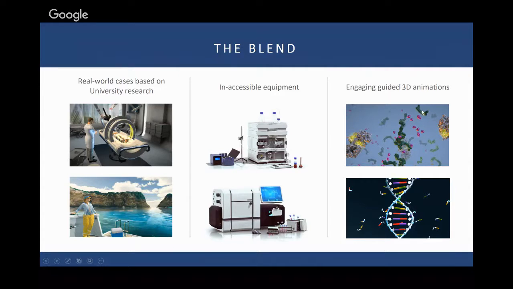Then lastly, we have engaging 3D animations, and that's something you can't even do in the real laboratory, which we're actually very excited about. The fact that you could take any machine, and you can allow the students to really fly into it, zoom into it, and see on a molecular level what is happening, and allow the students to explore that and really navigate all the details of the molecules inside the machines as they go through the processes of the machines. That's something that we get a lot of very positive feedback from the students about, and really helps them understand the topics as well. Now, there's a lot more beyond this.